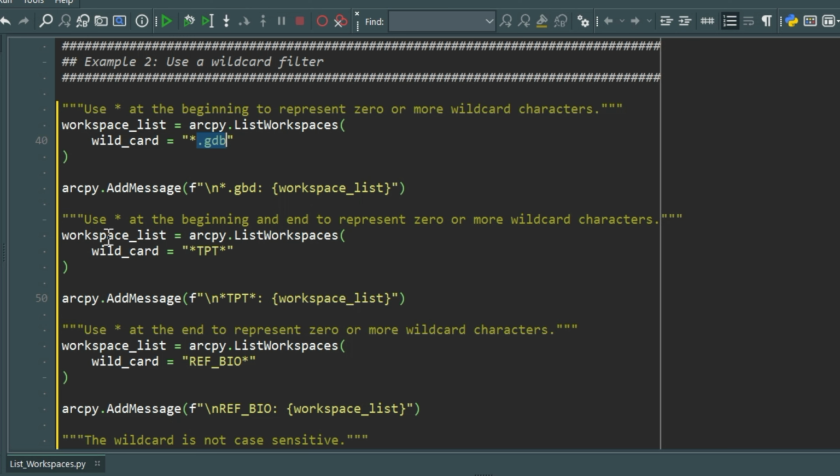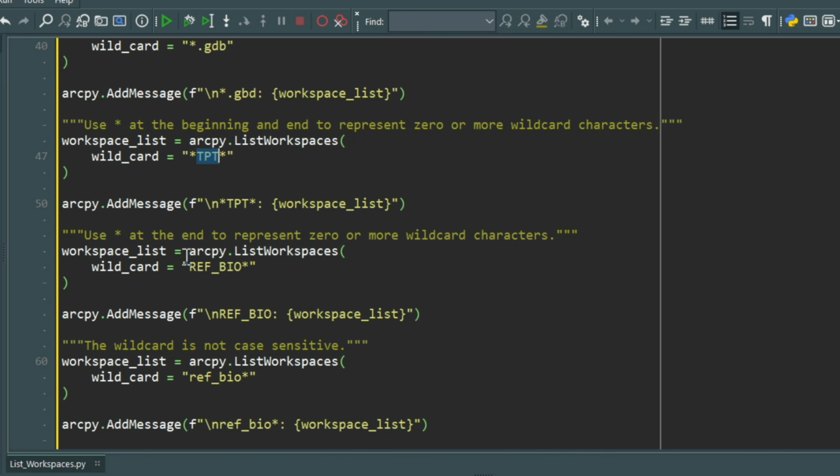In our next example, we can use an asterisk at the beginning and at the end to represent 0 or more wildcard characters. Here we place tpt in between an asterisk at the start and at the end. We will see that this returns only workspaces where tpt is consecutive within the name of the workspace. And of course we can use an asterisk at the end to represent 0 or more wildcard characters. In our example here, we use ref_bio followed by an asterisk. This will return any workspace where the name begins with